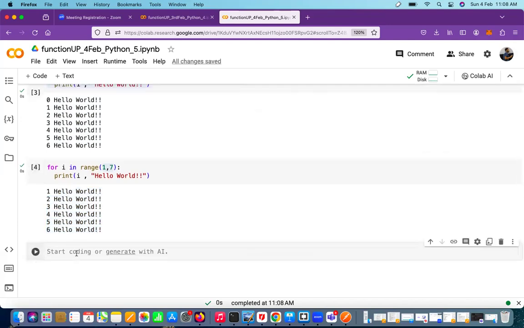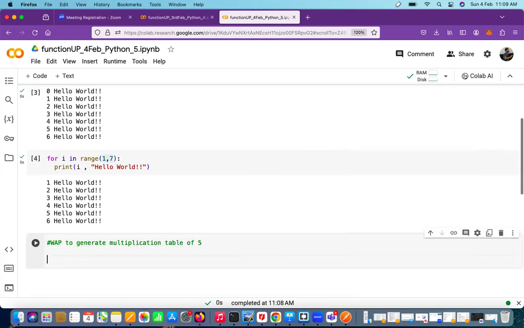Fine. Now let's try to write a code, a program to generate the multiplication table of 5. Okay, so if I write 5 into 1, 5, 5 into 2, 10,